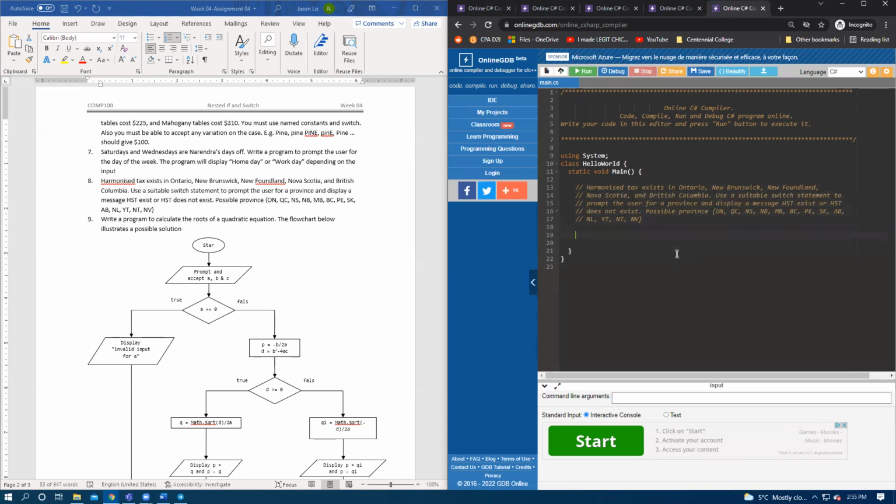So what this is saying is, if we break it apart, HST is true for Ontario, New Brunswick, Newfoundland, Nova Scotia, and BC, right? And so from there, we can infer that HST is false for everything else, right? So we should put all